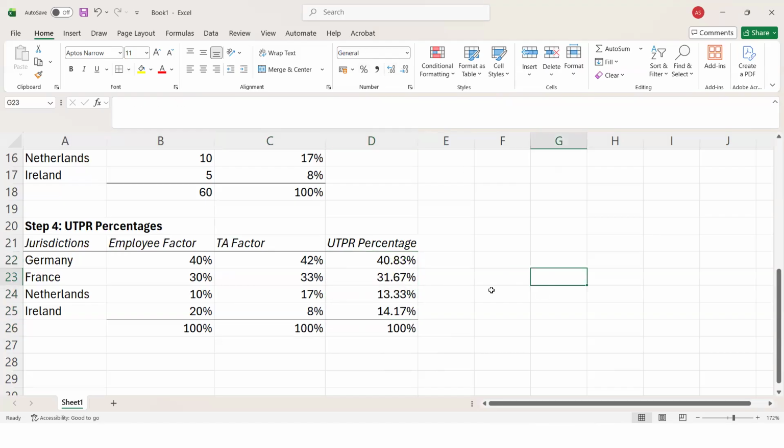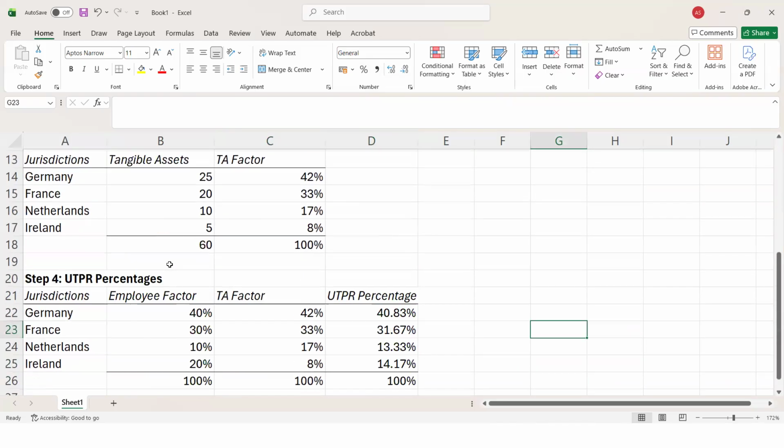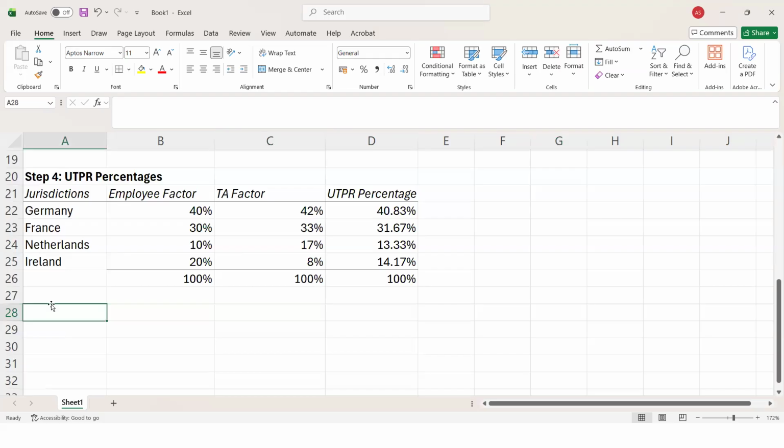This is going to be the UTPR percentage. What I did, I calculated the employee factor and the tangible asset factor, and I took an average of that. That is going to be the UTPR percent. Now, what is step four? Step four is allocation of